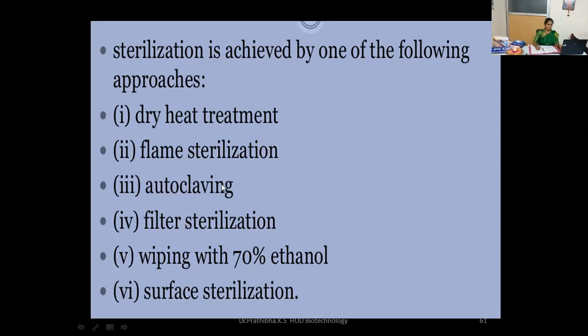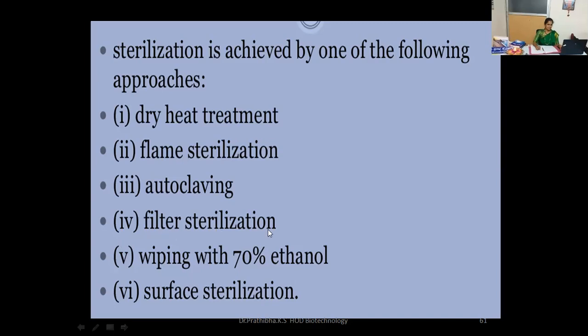Then apart from autoclave, we can also recall here filter sterilization, for example, membrane filters. Where are we using these membrane filters? For example, some of the chemicals, hormones like GA3, that is gibberellic acid 3, zeatin, or abscisic acid, and some chemicals like urea and certain vitamins and enzymes that should not be subjected to higher temperature. Okay, such compounds are filter sterilized by passing their solution through a membrane filter of lower pore size, which is going to provide the solution which is free from any kind of microorganisms.